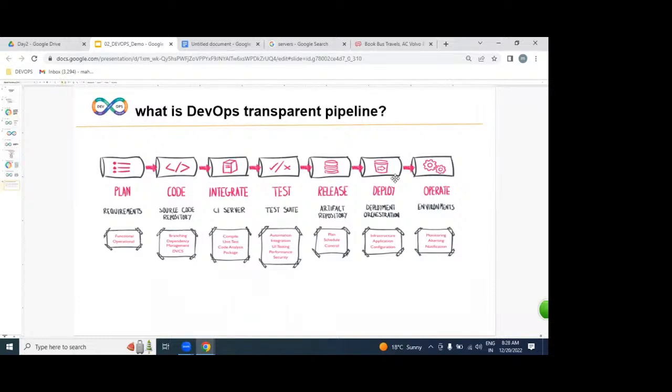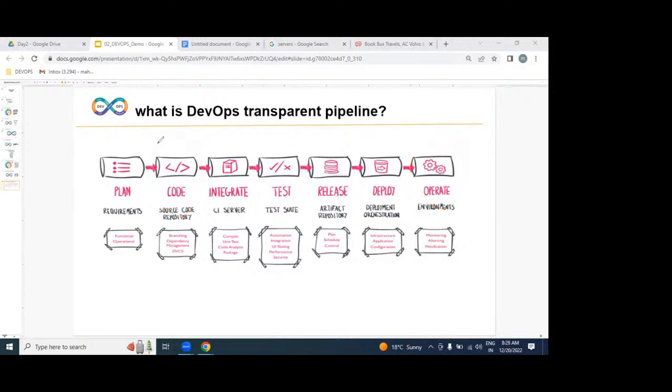In this DevOps transparent pipeline, we have several stages: planning, coding, integration, testing, release, deploy, and operation. But in this pipeline, our roles and responsibilities start from where? Dev environment. And end where? Operations.